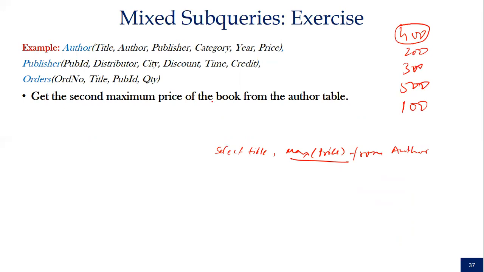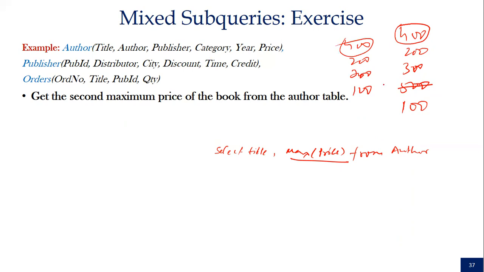बिल्कुल सही बोल रहे हो आप, लिमिट और ऑफसेट से हो जाएगा, बिल्कुल आसानी से हो जाएगा। बट सब क्वेरी से कैसे लिखोगे? सोच पा रहे हो जतिन? नहीं सर, समझ नहीं आता सब क्वेरी से कैसे होगा। मैंने 500 इसमें से निकाल लिया। अगर ये 500 इसमें से रिमूव कर दूं और बाकी की रो फैच कर लूं, तो मेरे पास बाकी की रो क्या बचेंगी? 400, 200, 300 और 100। और फिर मैक्सिमम निकालूं तो मेरे पास सेकंड हाईएस्ट आ जाएगा कि नहीं आ जाएगा?